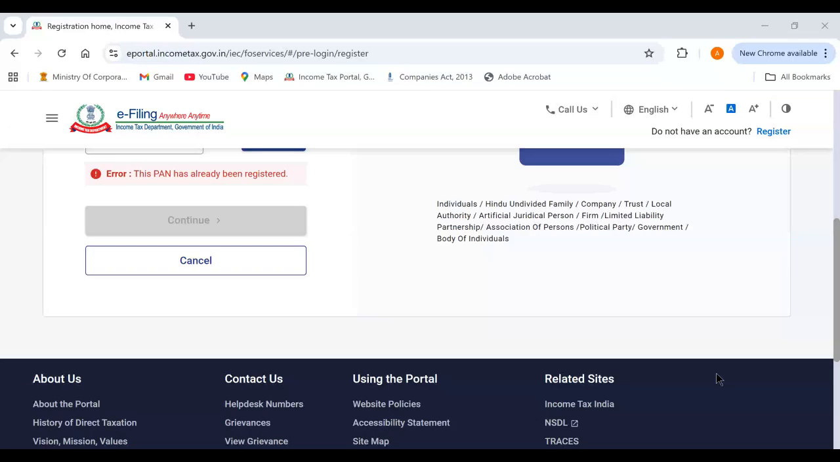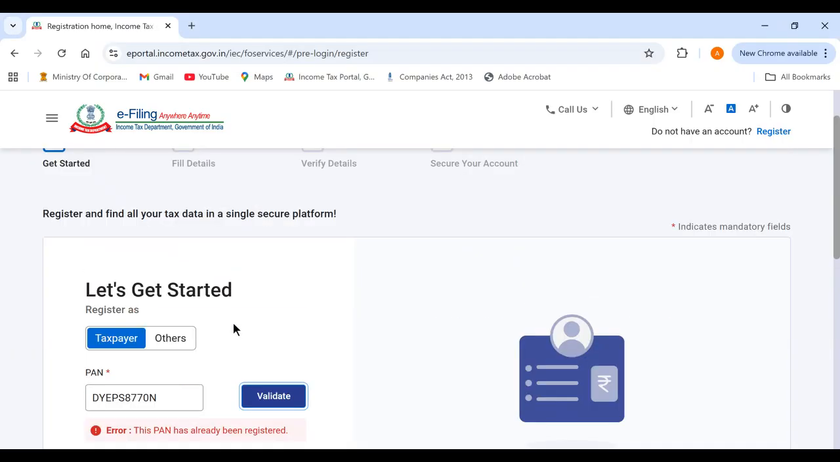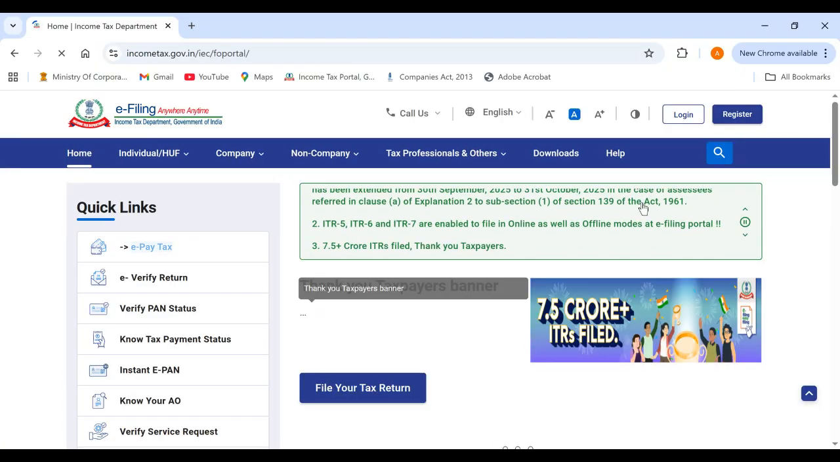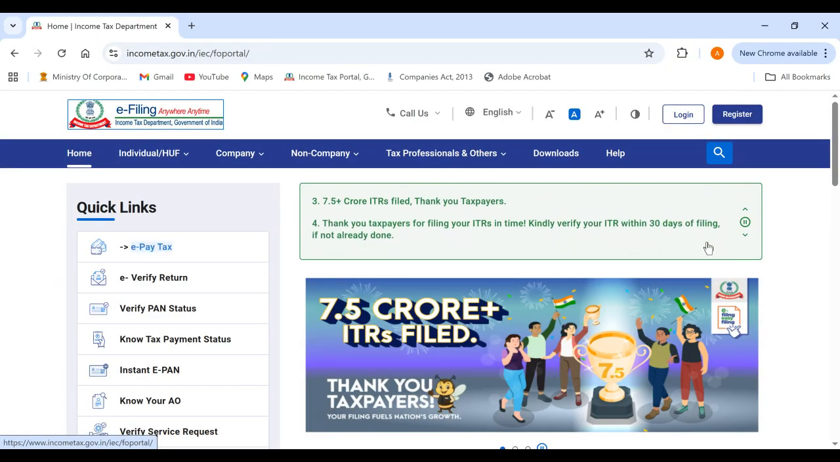So in this way, I had already shown you how to register PAN and all. You try to do it on your own. This is how you have to register your PAN. Then afterwards, if you go on, you may see